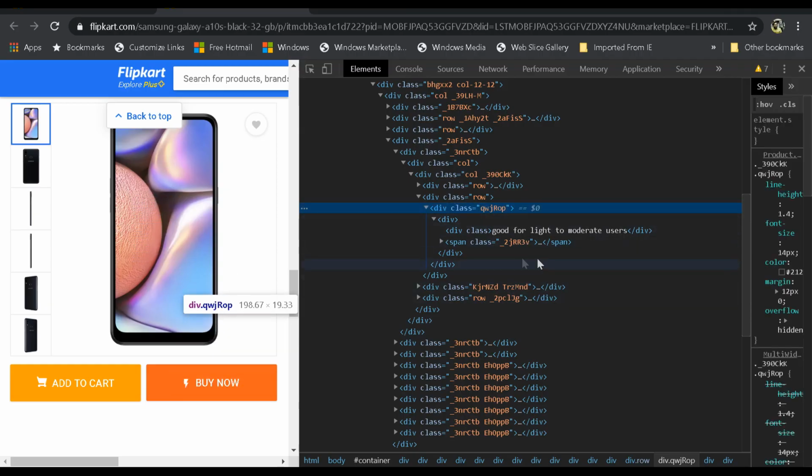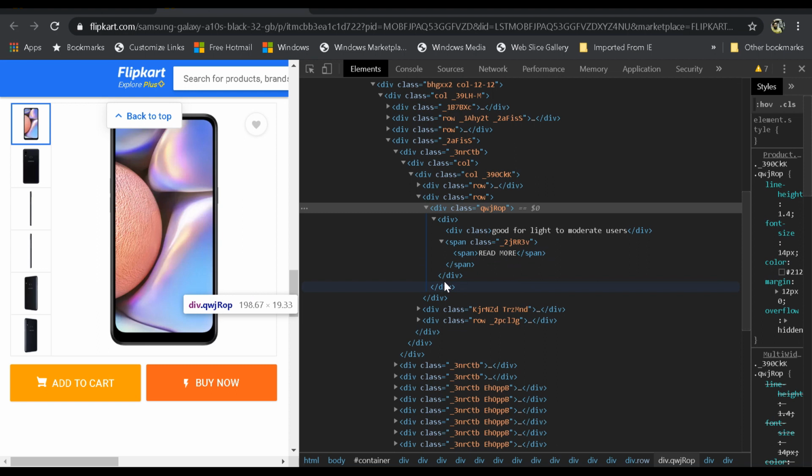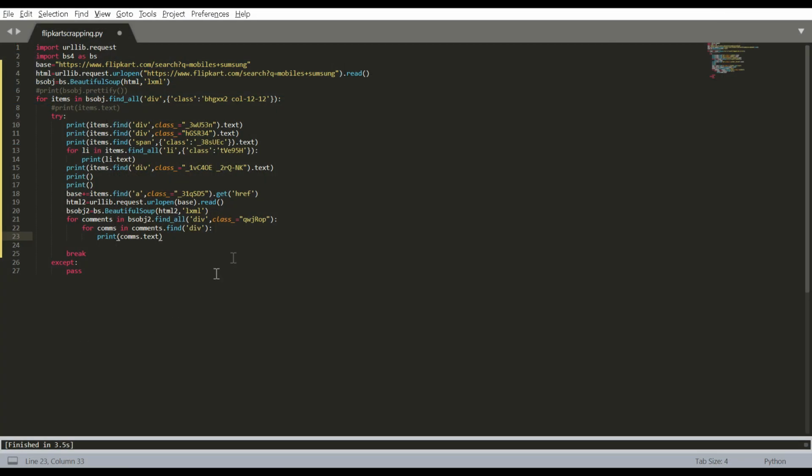But as you can see here, there are two div classes. This is the div, and there's another div. Okay, there's another span class. So inside the div class, there's a div class and a span class. But we don't need this read more. So we'll be printing with, I guess, this should work.